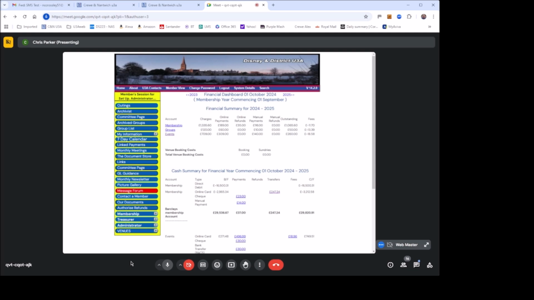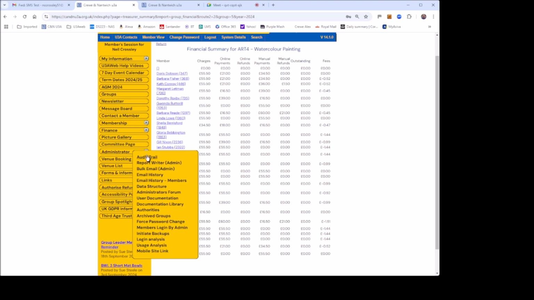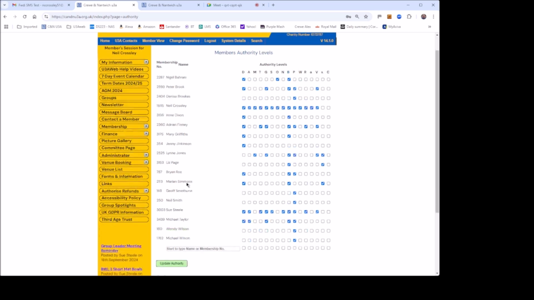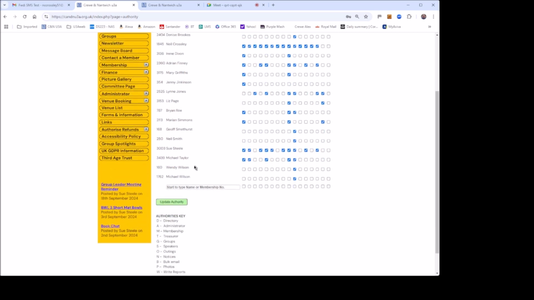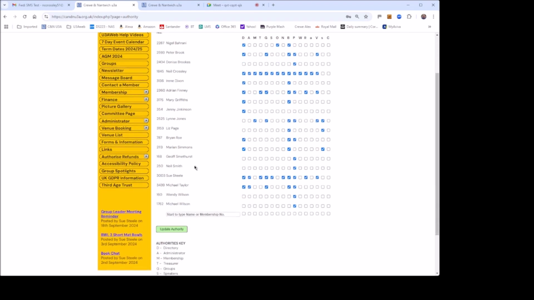The other one was the content authority. I don't know when anybody's ever used it. I can't remember why we put it in, but what that does, it gives access to systems details, to a section or the sections of systems details you decide to give it to. So in this particular one, if I look in this one, content. Anthony Brown has got access to,